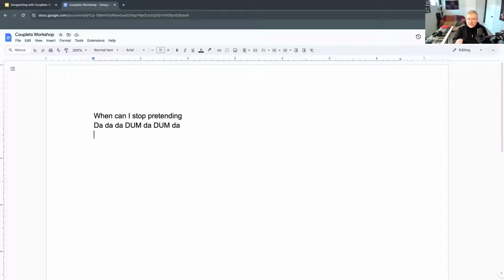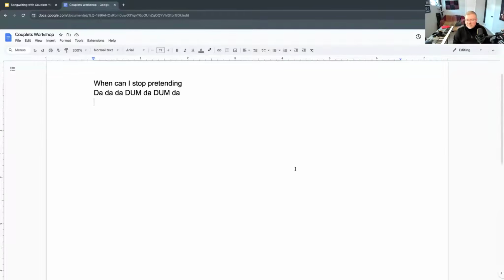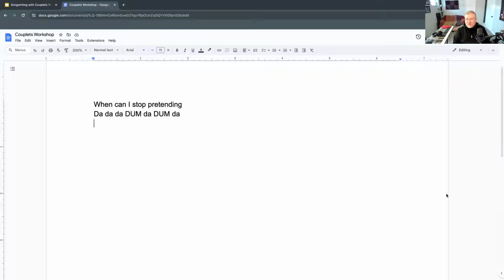Right? So when you're writing, you're always making this choice. I see that people are putting other lines in. So John says, when can I stop pretending? What would be another line? If you wanted to balance this perfectly, you would have the same pattern, right? So when can I stop pretending? If I was